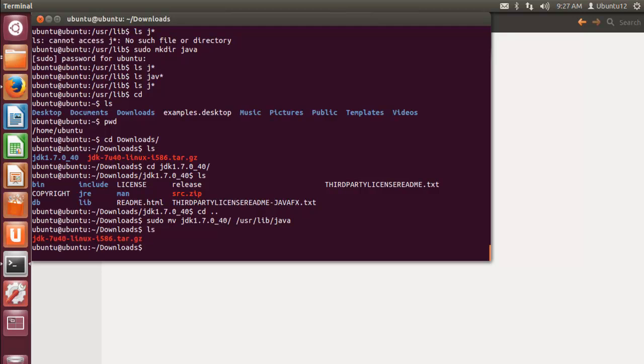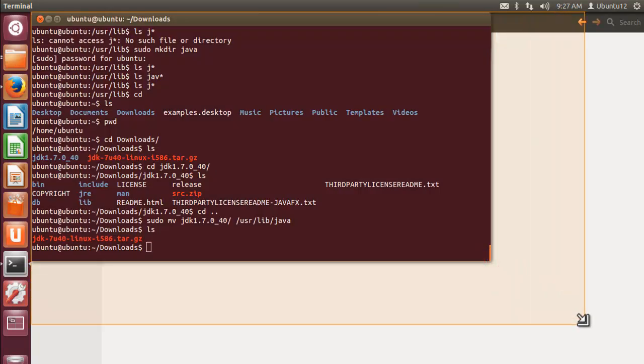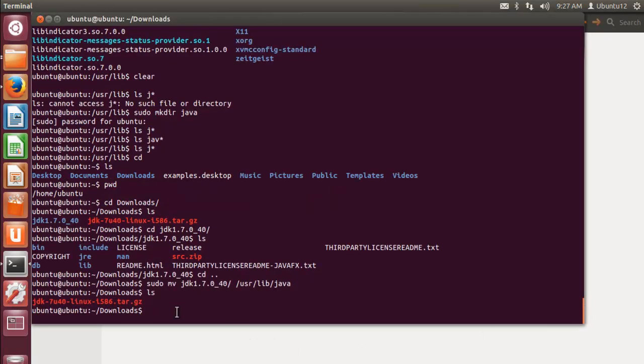Now let us see the content of this downloads folder. See, if you observe, before there was a directory called JDK 1.7.0, but now we have just this one file, the zip file, and this directory has been moved to our usr lib java directory. Now let us see that one. Let us move to